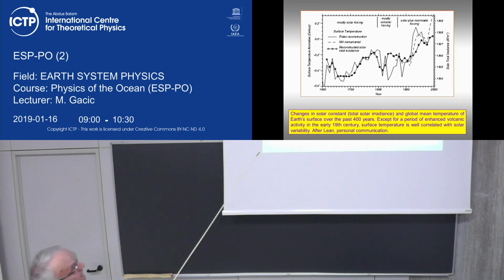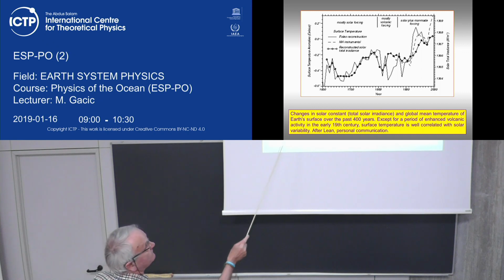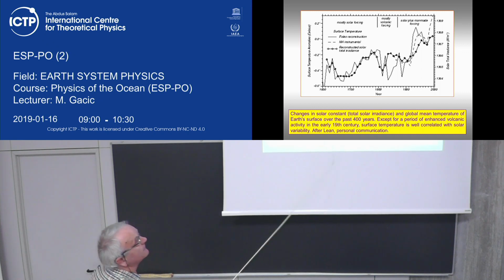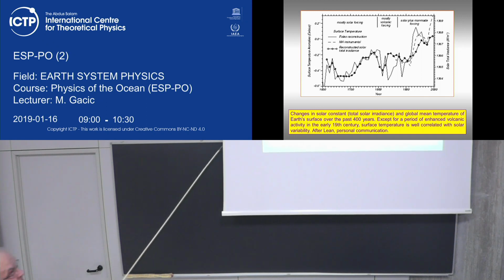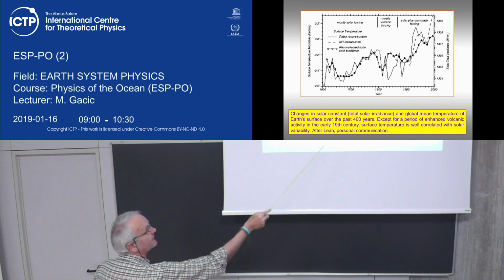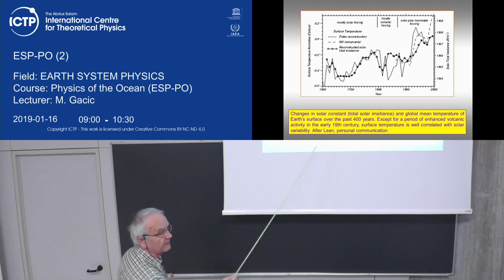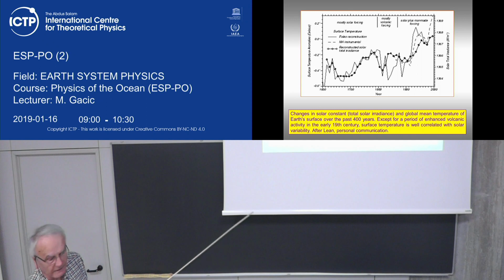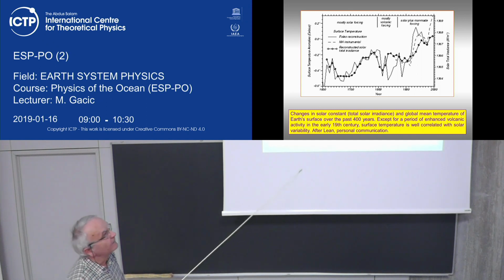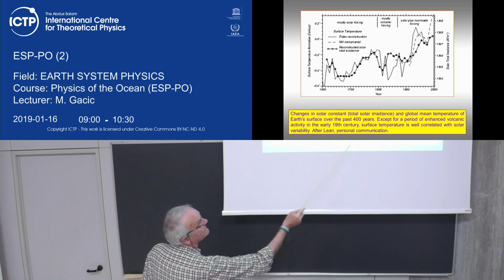And the continuous line is the temperature, which is partly reconstructed from the proxies. It's not measured,